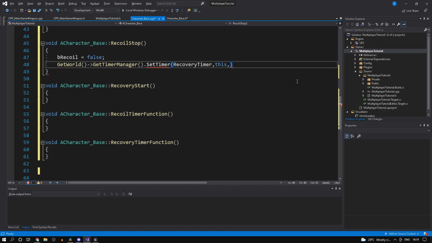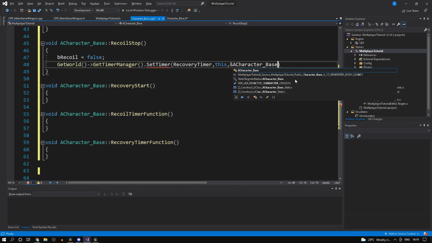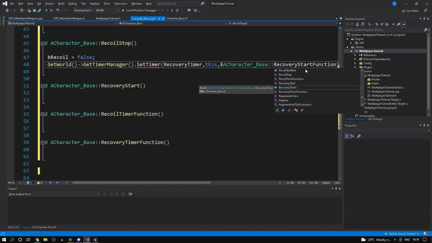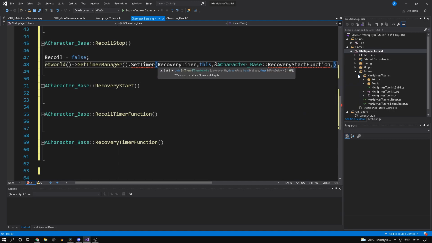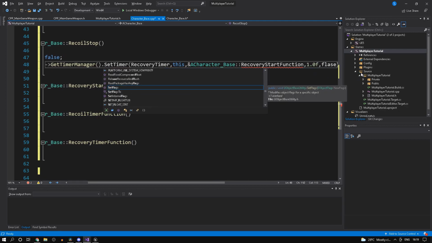So just type in ampersand a character base, and let's actually call our recovery start function, and we'll set it to 0.1 for the time, and we'll set looping to false.